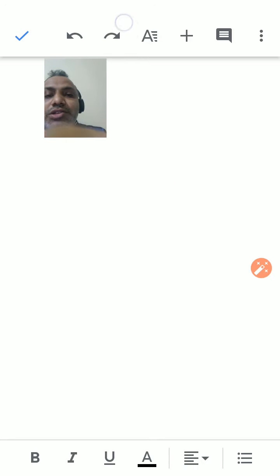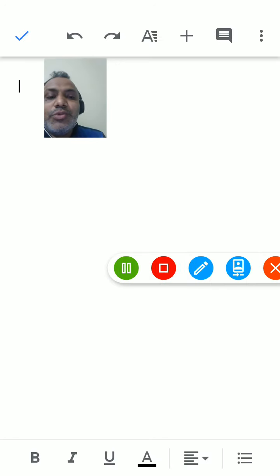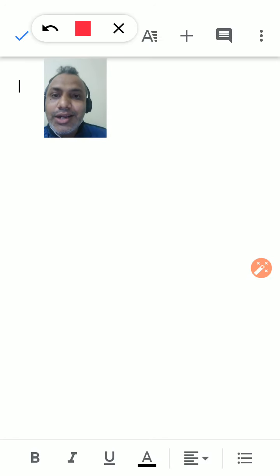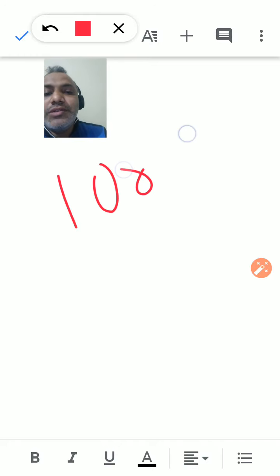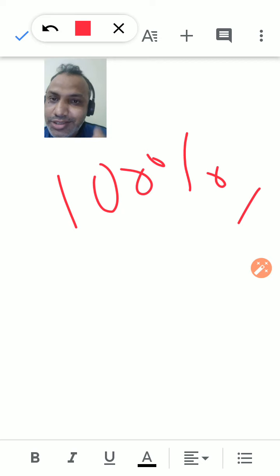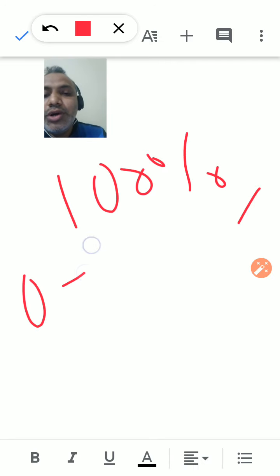So what kind of saturation do you want? We can take a percentage from 0 to 100. If I want 100% saturation of that green color, I will saturate it at 100%. And then the third is lightness. As the name suggests, for darkness or lightness we can take a percentage from 0 to 100.